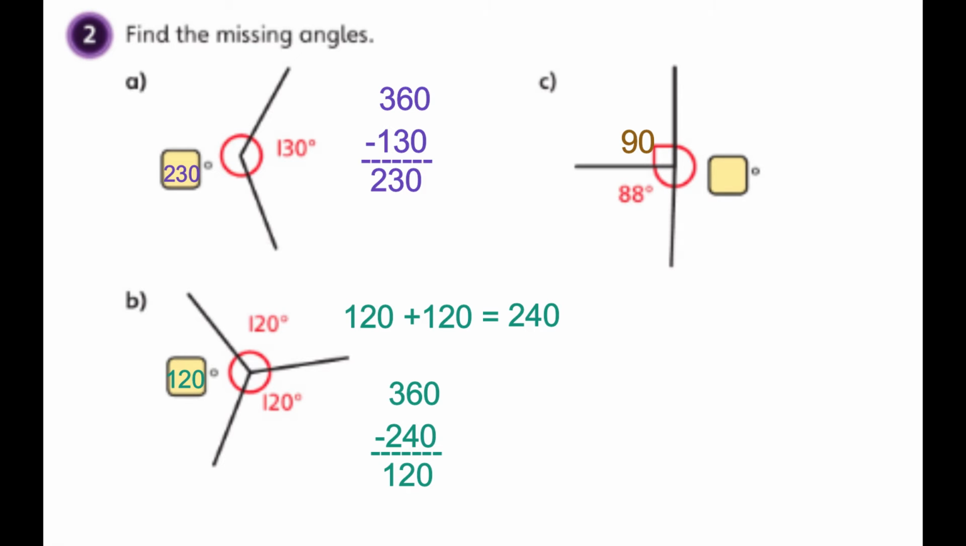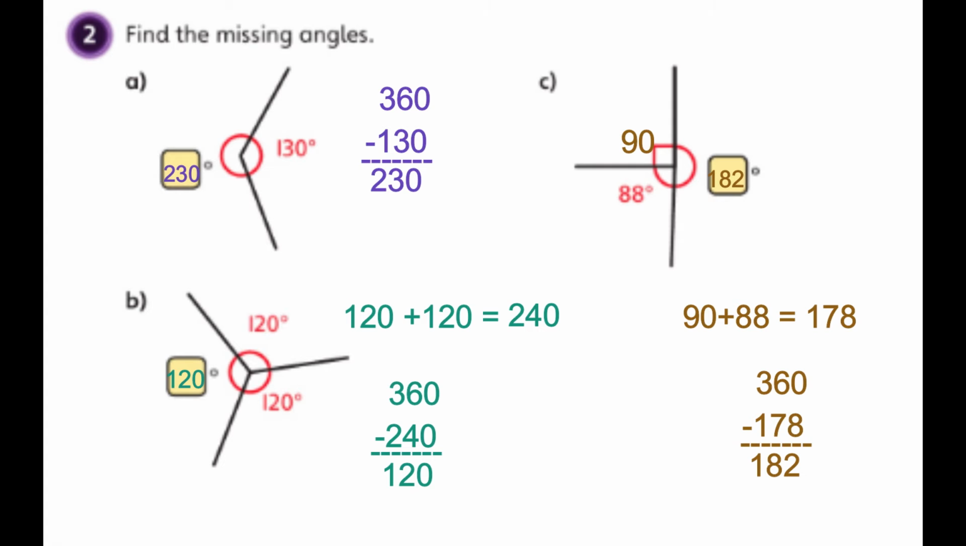So we have 90 degrees and we have 88 degrees. Now we need to figure out what's missing. Well, first let's put together the angles that we know. 90 plus 88 equals 178. So let's take that away from 360. 360 minus 178 equals 182. So our missing angle is